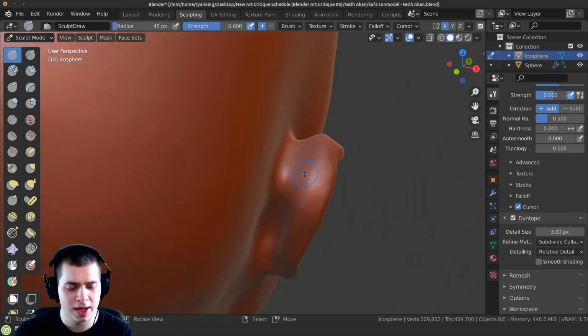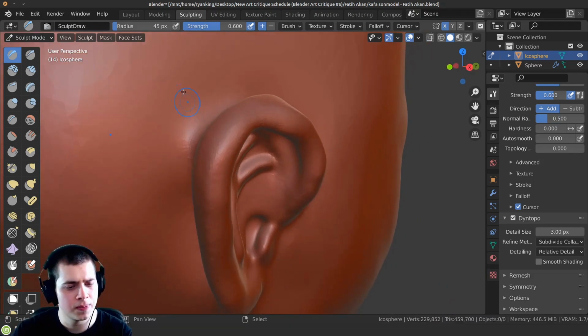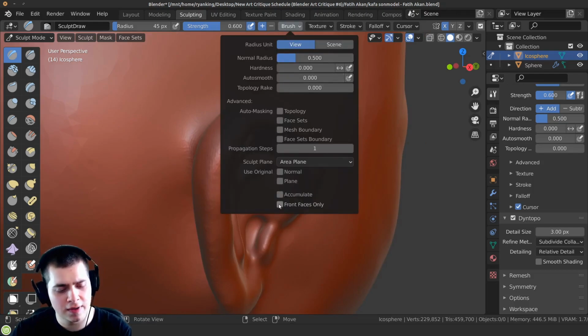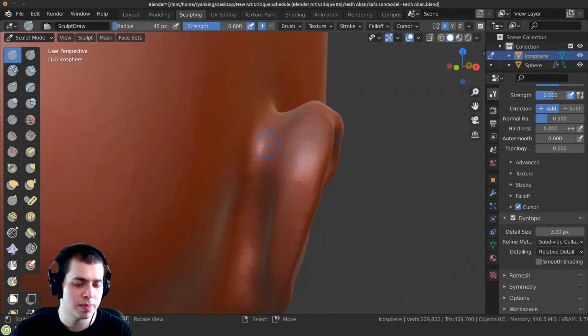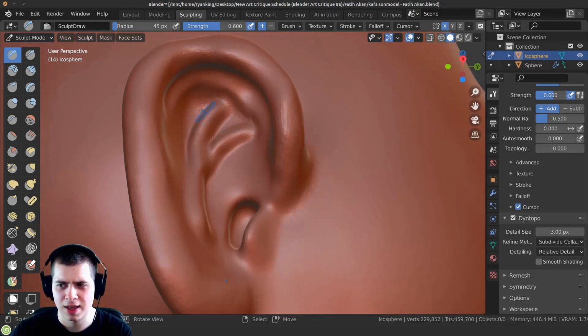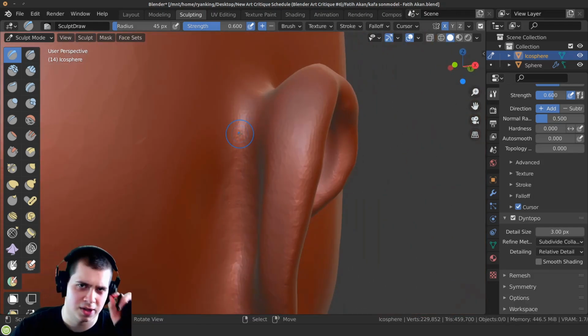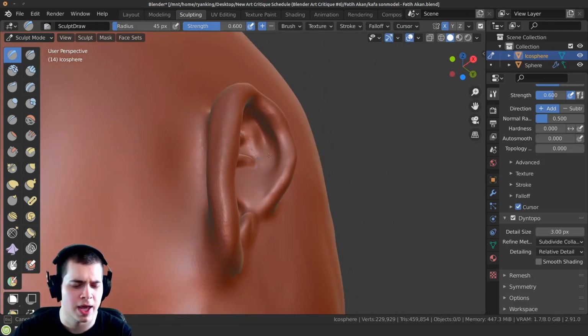And also if you're finding that these two sides are getting too close to each other and they're glitching and messing up the sculpt, what you can do is click on the brush here and then click on front faces only, and that way it's going to sculpt only the front faces, so it shouldn't mess up these two. Sometimes if you're sculpting these and this part of it and this part of it get close to each other, you can have some issues. So I like to turn on front faces only, and that helps.